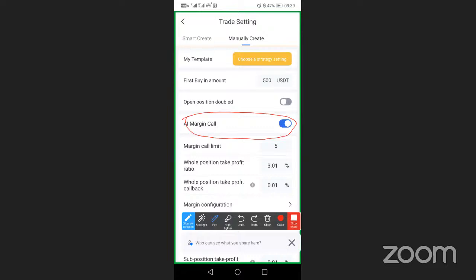Are we together? I want to emphasize this because if you don't do that, you are going to discover that the moment the robot buys with $500, before you come and edit your $500 to make it 20, if the AI margin call is not on, you will discover that the price of the coin has already dropped by 0.2. So what is going to happen?